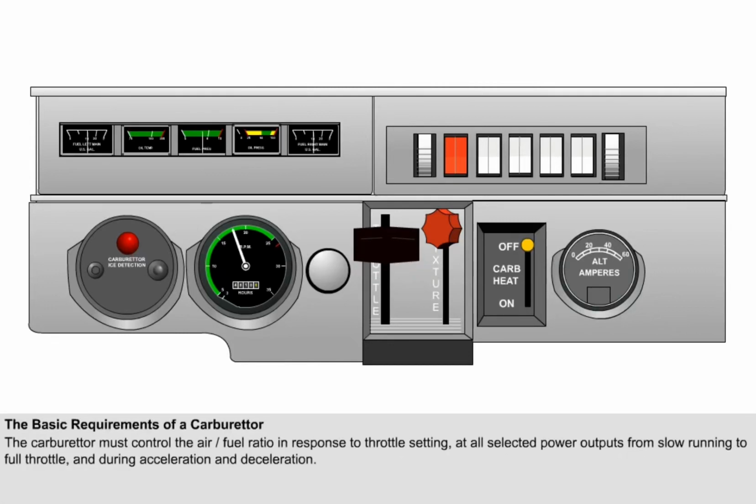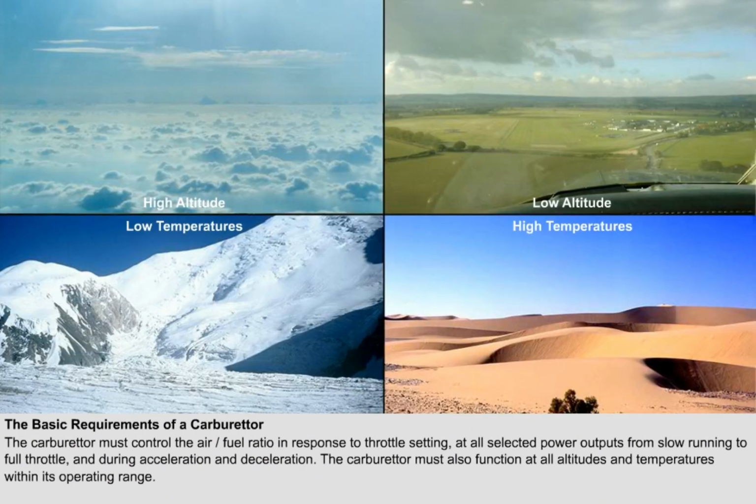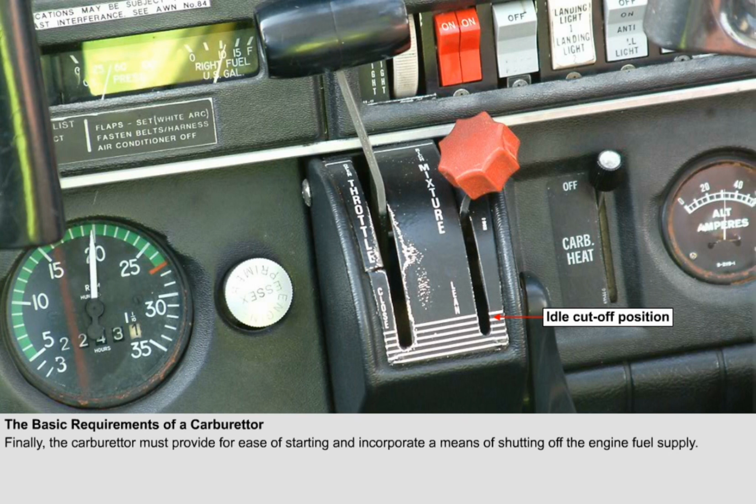The carburation system must first of all control the air-fuel ratio in response to throttle setting, at all selected power outputs from slow running to full throttle, and during acceleration and deceleration. The carburation system must also function at all altitudes and temperatures within its operating range. Finally, the carburation system must provide for ease of starting, and generally incorporates a means of shutting off the fuel